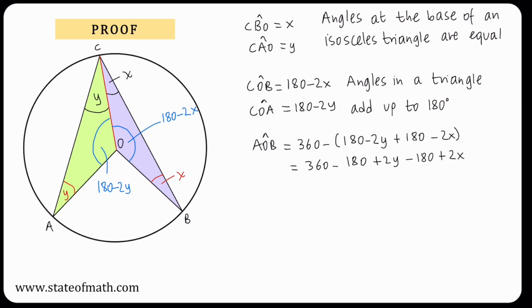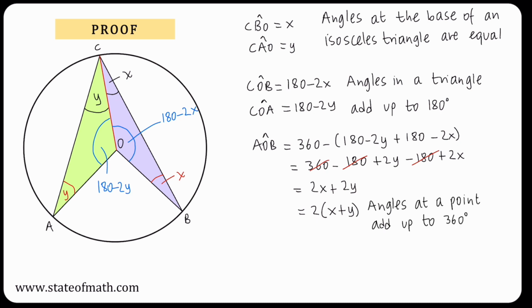We can see that the 360 with the minus 180 and the minus 180 will cancel out, and I get 2x plus 2y, with the 2 factoring out to give me 2 brackets x plus y. The reason here is that angles at a point add up to 360,